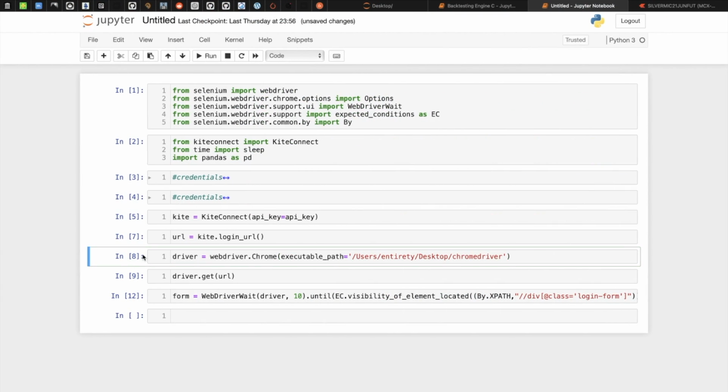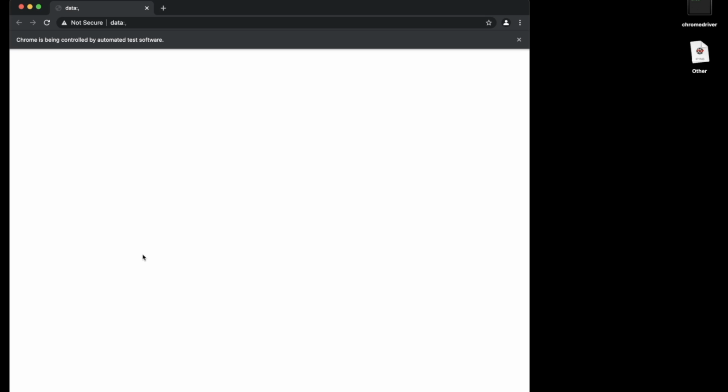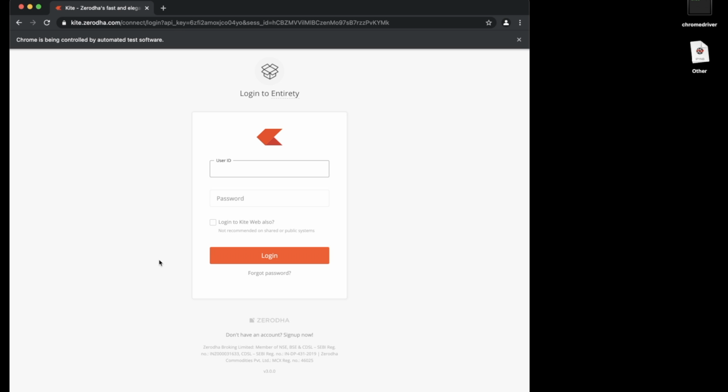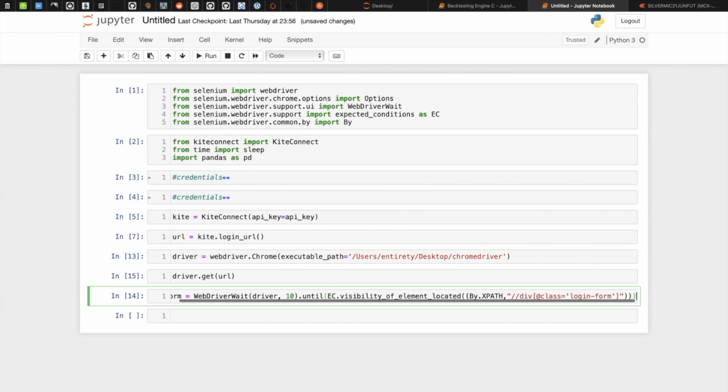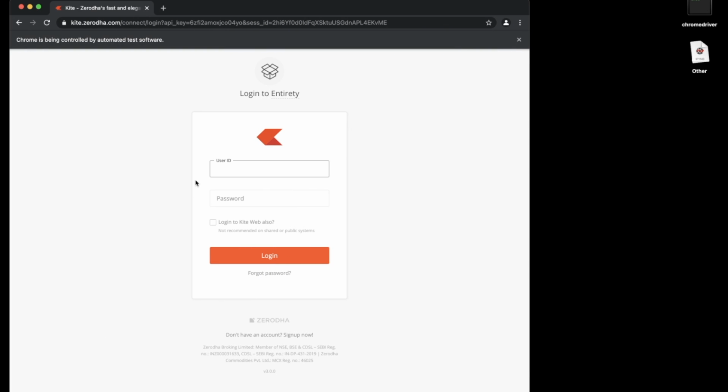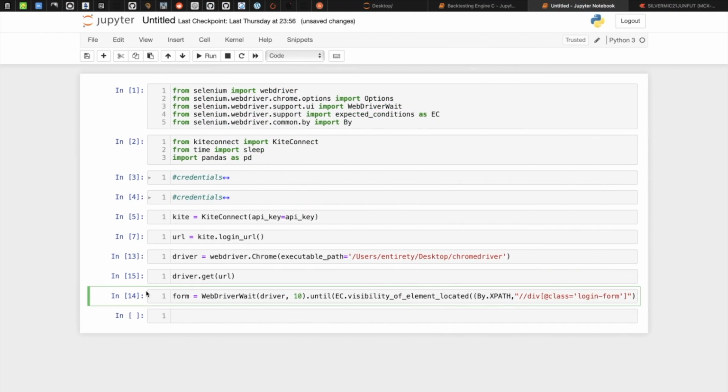This will open the WebDriver window, and this will open the URL we just got from Kite. So it has now opened. We'll now run the WebDriver wait, so that once the login form is visible, only then our credentials are entered. Let's just run this. It will wait till the form is located.